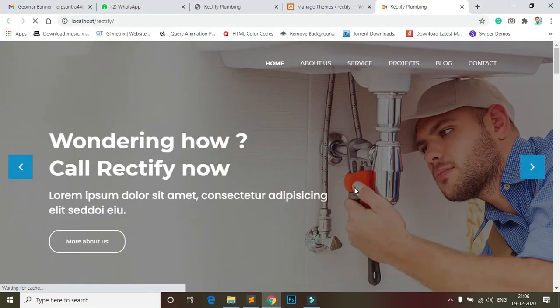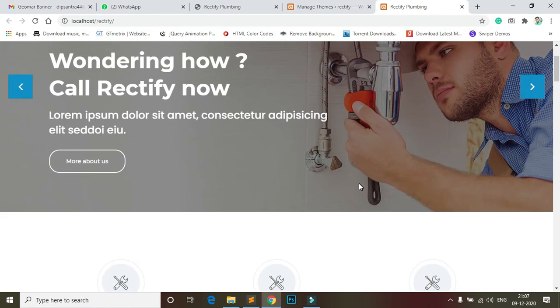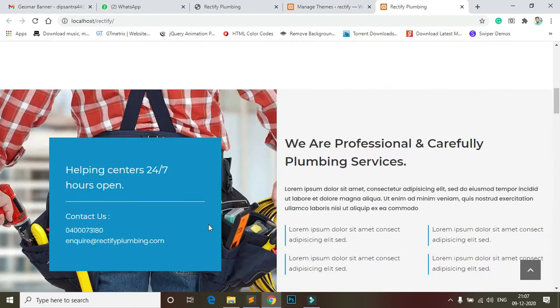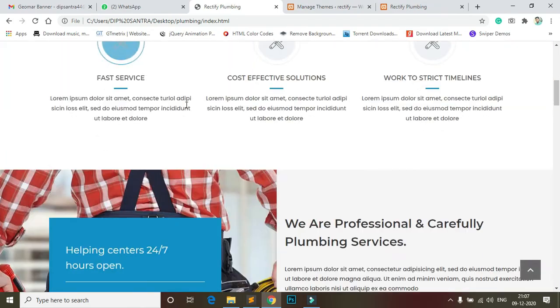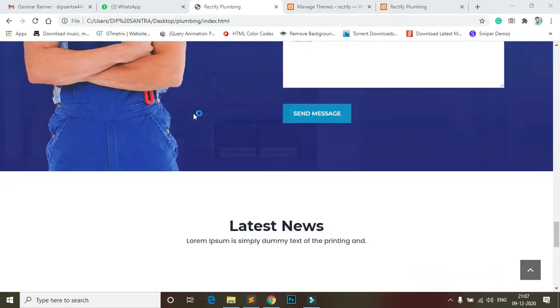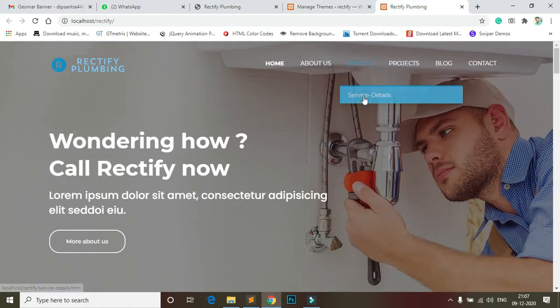So I show you how to install or configure whatever you want to say, HTML into WordPress. You can see now this is the full WordPress website, and you can see this is the HTML website. These two are same.